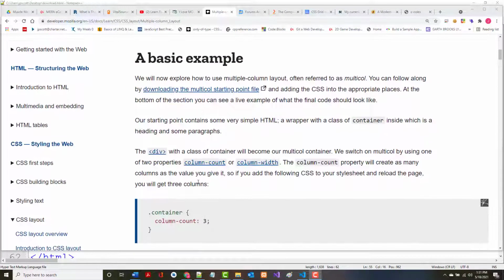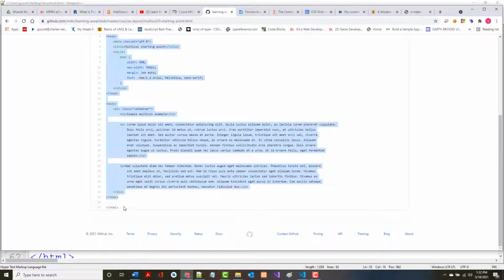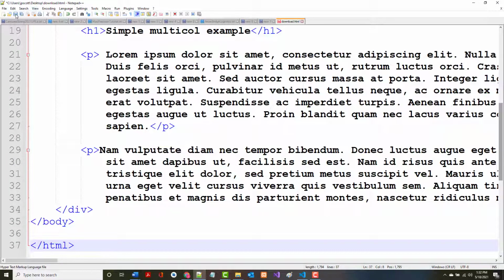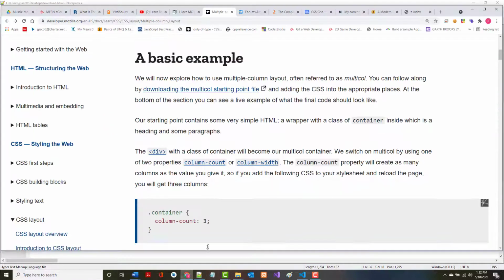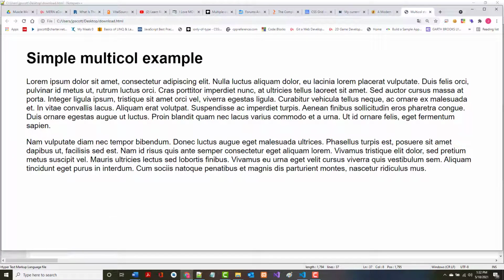And again, some of this we've already taken a look at. So it says we can start by downloading the starting point file. So let's do that as we have been doing. So right now it looks like this simple multi-column example. All right. So to start,